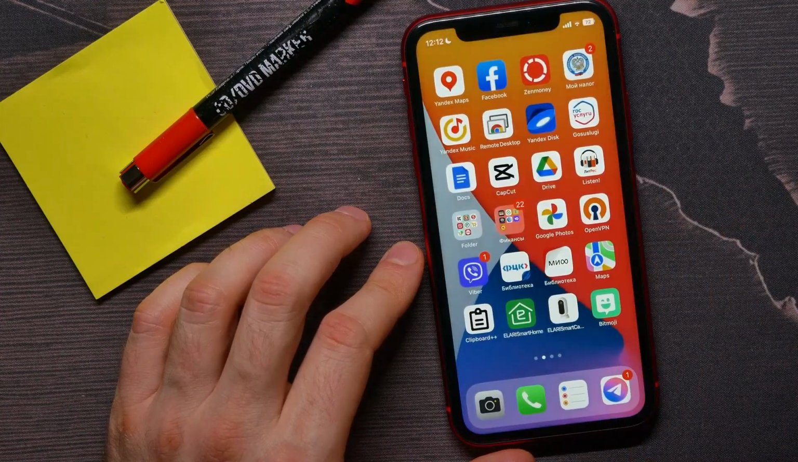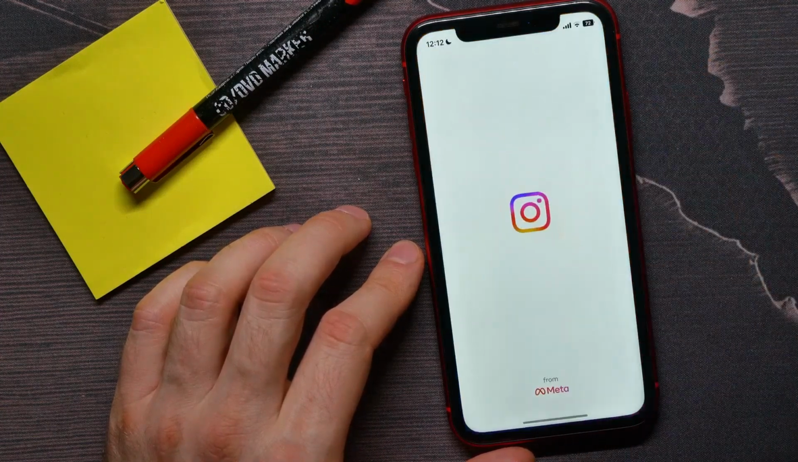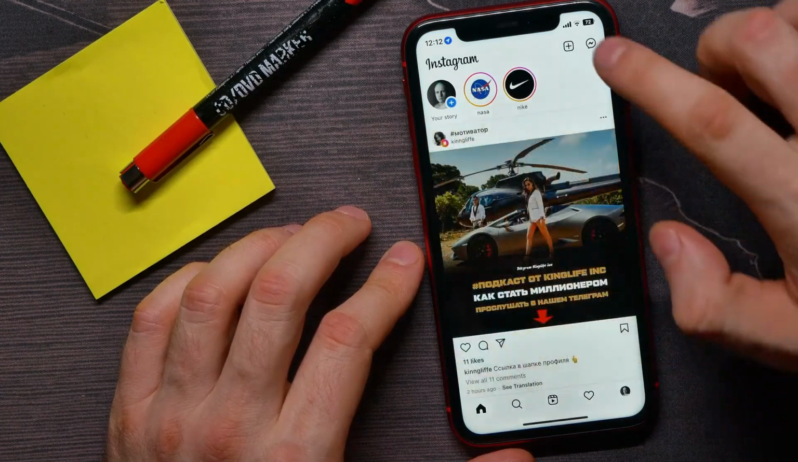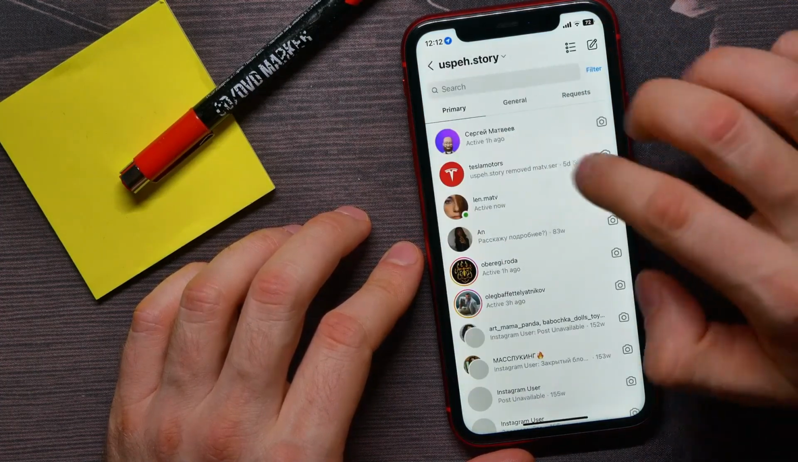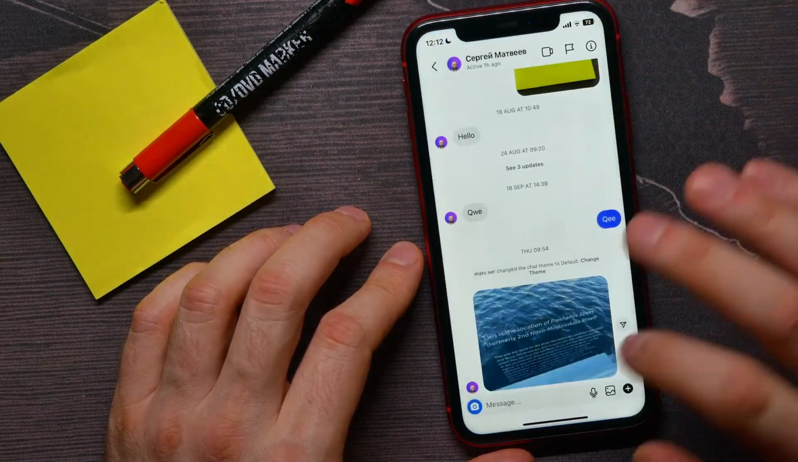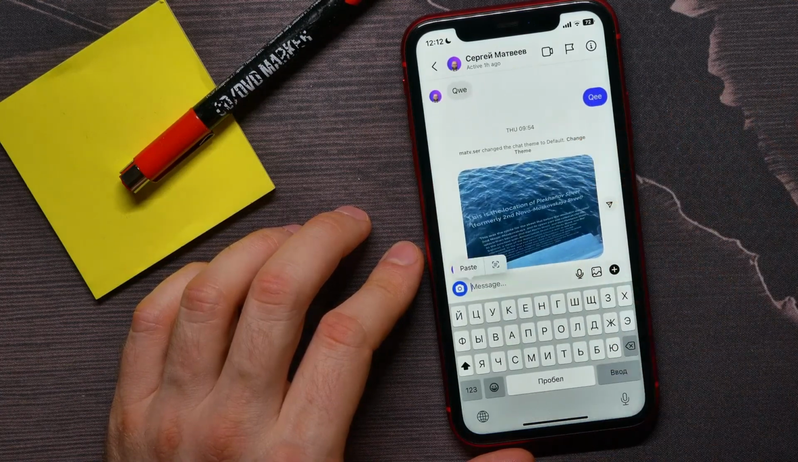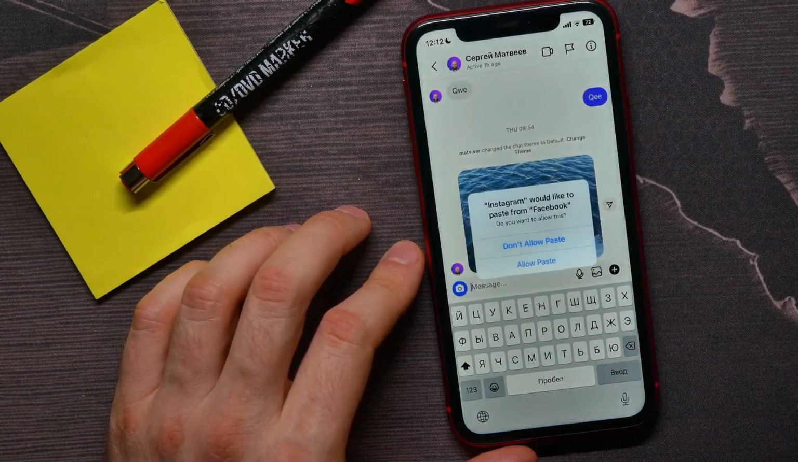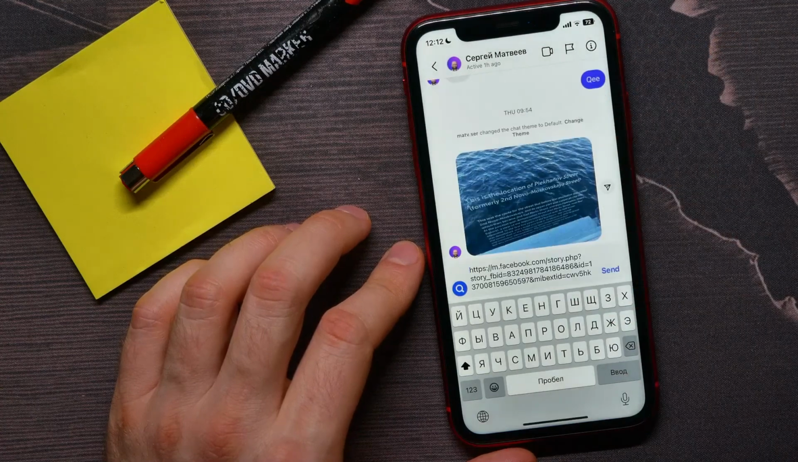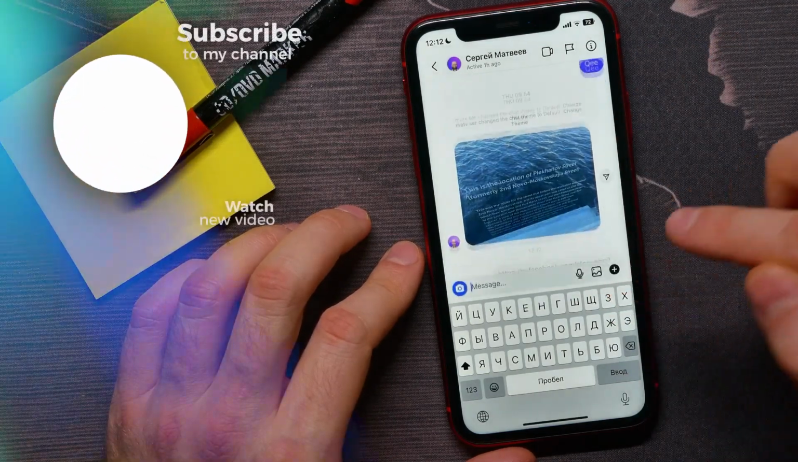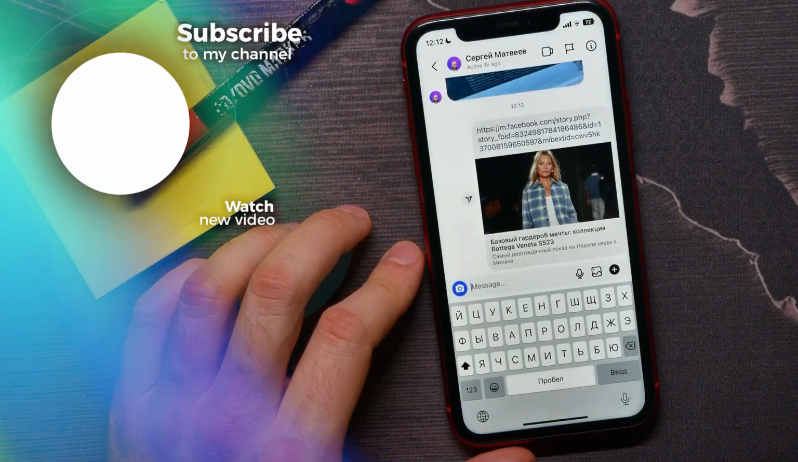Now I can hop out of Facebook and open up Instagram. Then I can hit add DMs, open up some conversation, then double tap at the text field, hit paste, hit allow paste, and then just tap on send to send the link on this post to